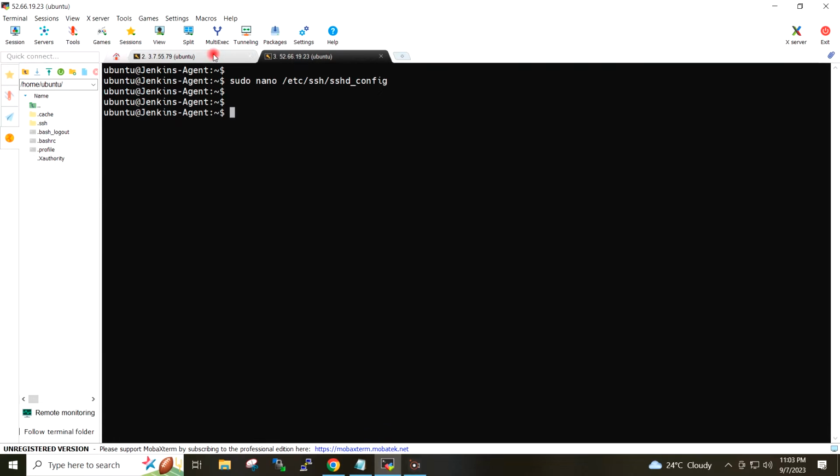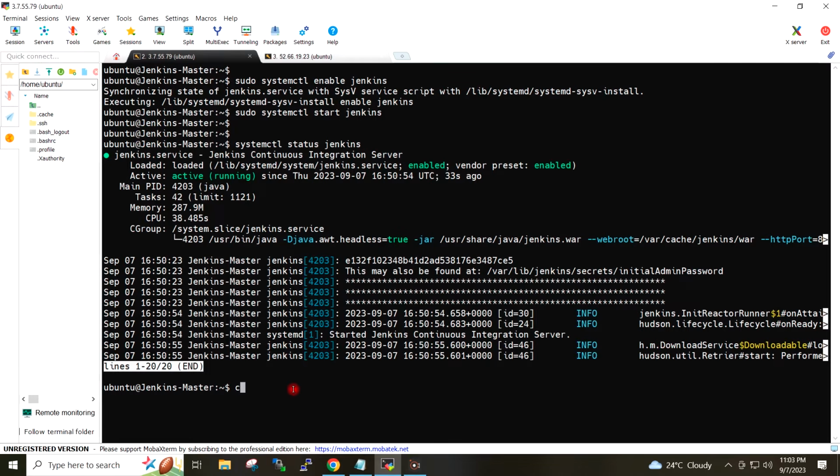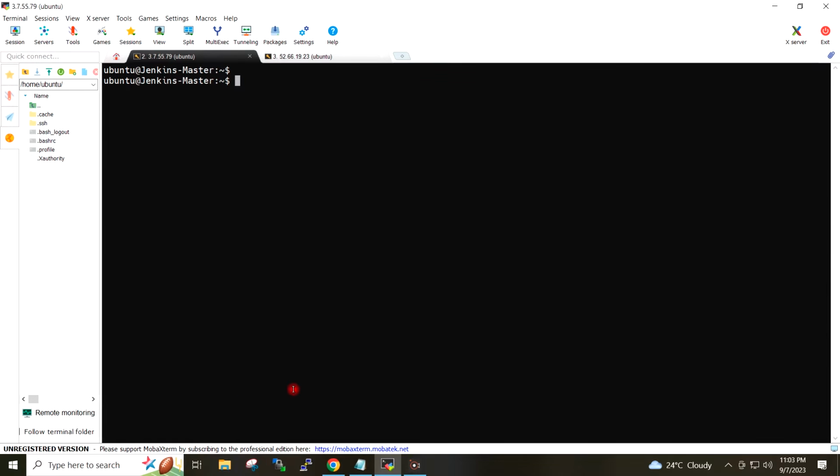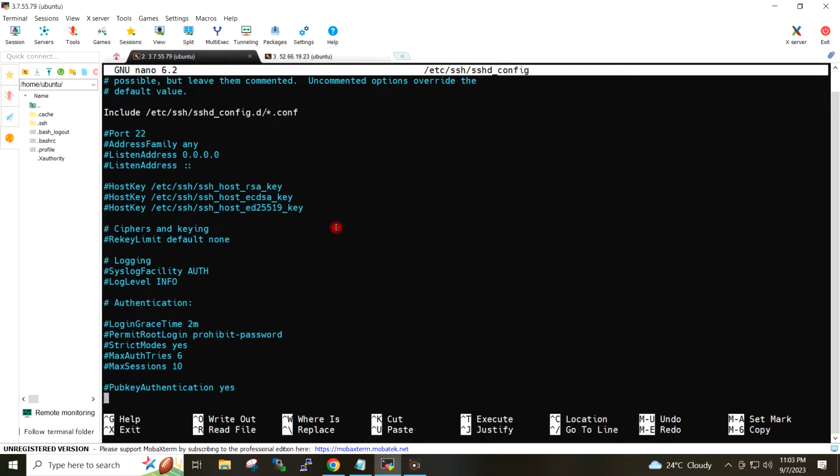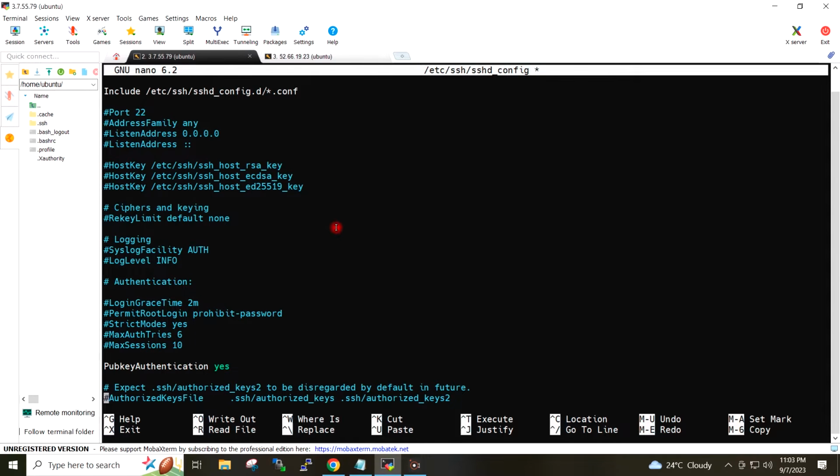I will go to the Jenkins master, and here also I will open the same file and uncomment the public key authentication and authorized keys file. I will save and close this file also.